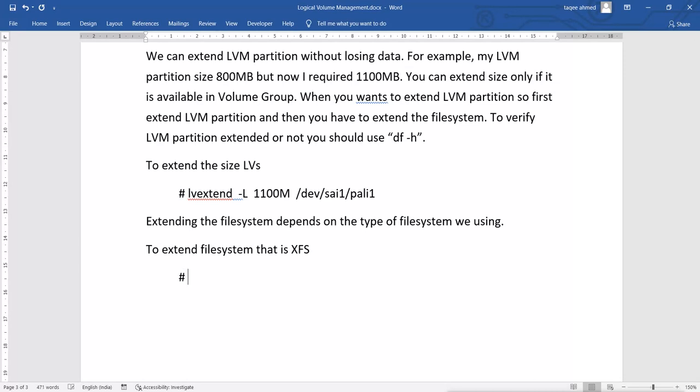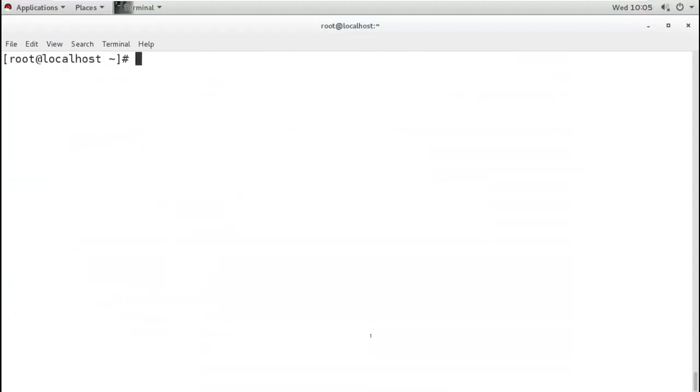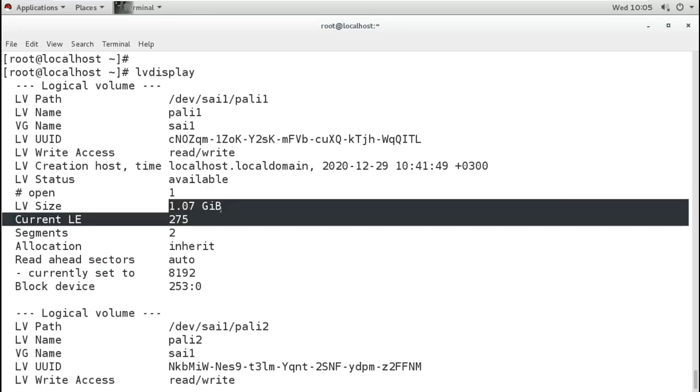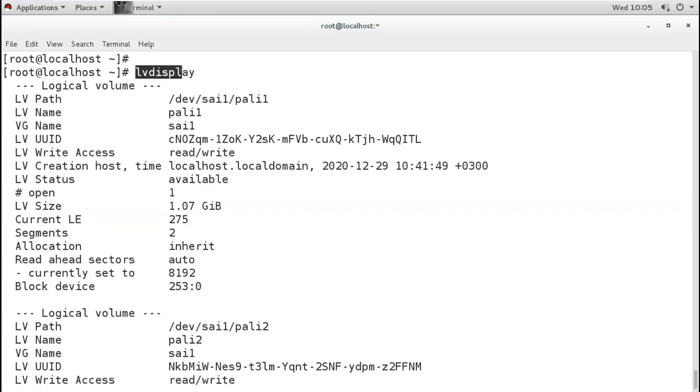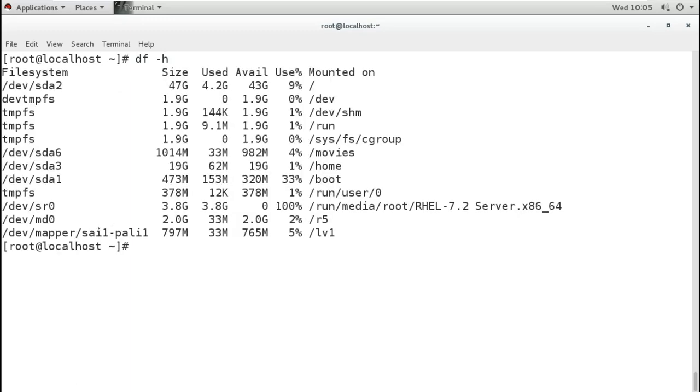The command for extending the file system of XFS is xfs_growfs. We can again verify: lvdisplay shows that the LV is extended, but it is only showing about the LV. The file system is still using the same old size. We can verify by using the df command, and it is still showing 800.